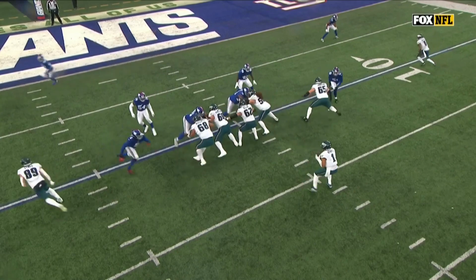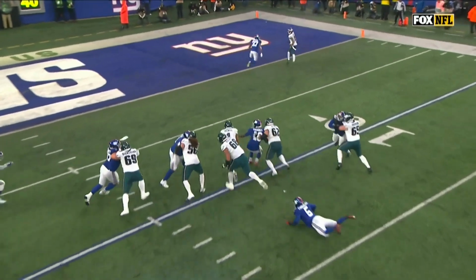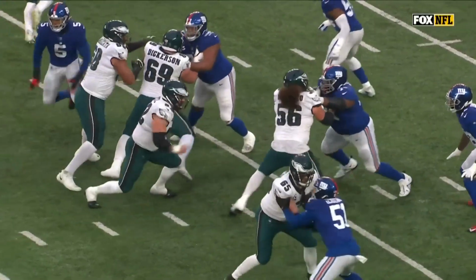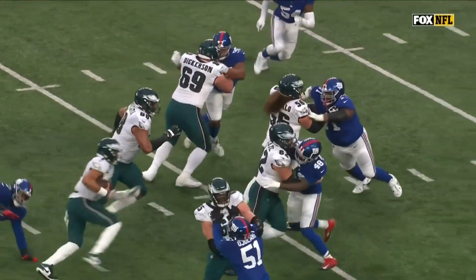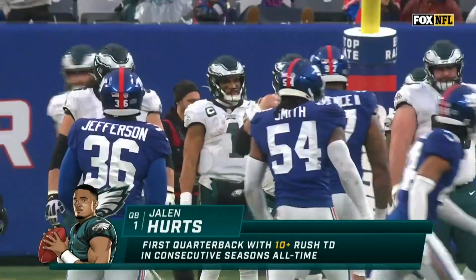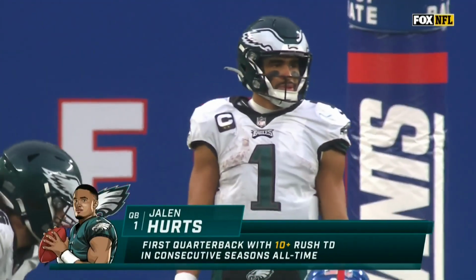Kelsey, that is the key guy here. The ability to set back, pull, and then kick out. And Jalen Hurts untouched into the end zone. That is 10th today. First quarterback ever to do that. The massive improvements have come in the